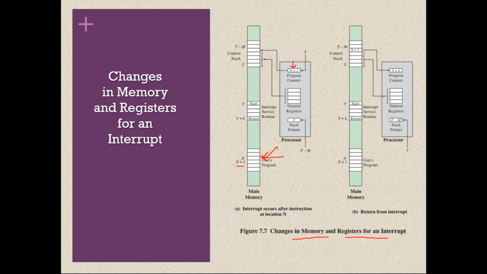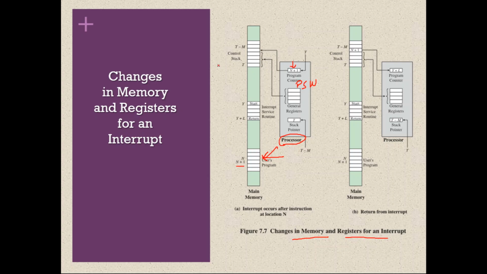Then what it should do? It should store the PSW and PC to the stack. So the PSW and all the contents of the registers. One of the registers here is the PSW, the program status word. It's a special purpose register, not a general purpose register, but inside the processor. So the processor also contains the PSW. The content of the PSW, all general purpose registers, and the program counter were pushed into the stack.